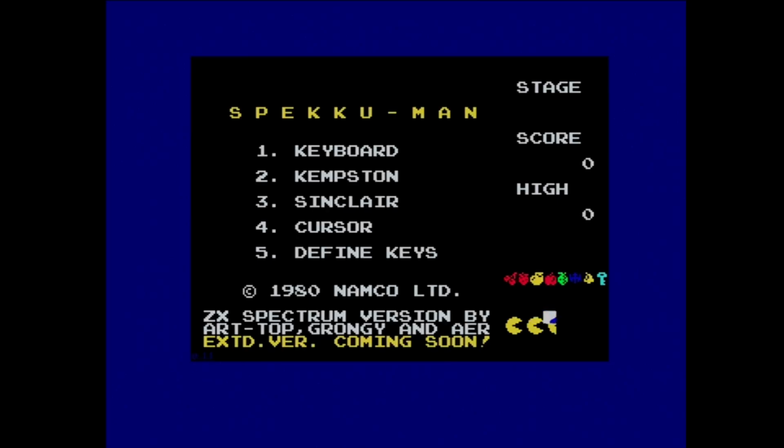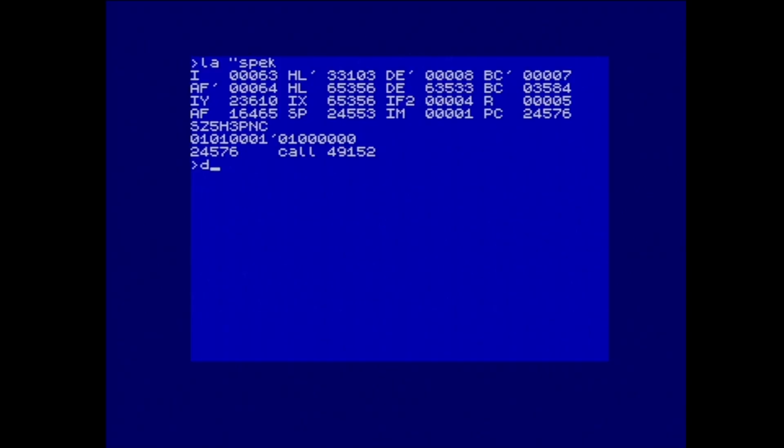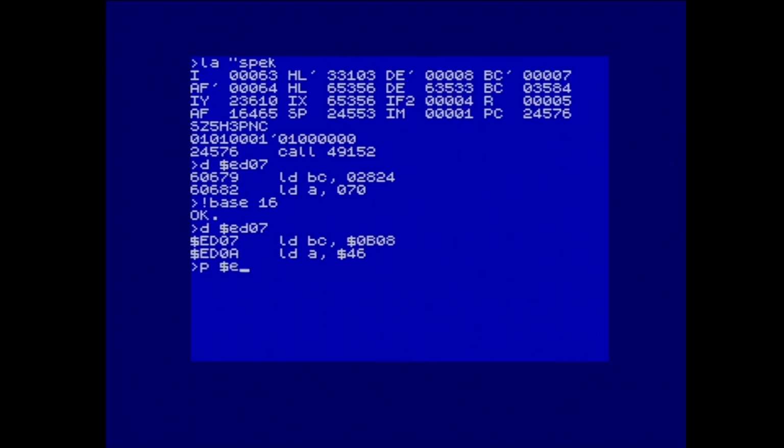So maybe if we break out of there, I'll leave curses mode, break out of there, do that. As you see, we've switched back. We do poke $ED08, put 5, do that, and the other thing we need to do